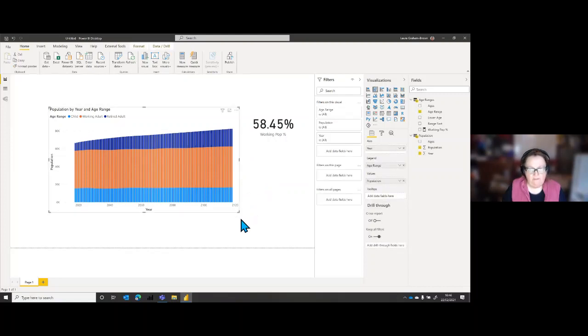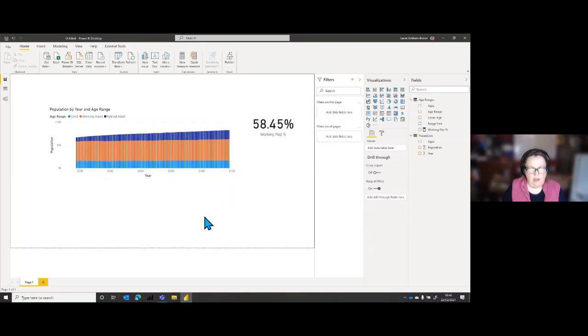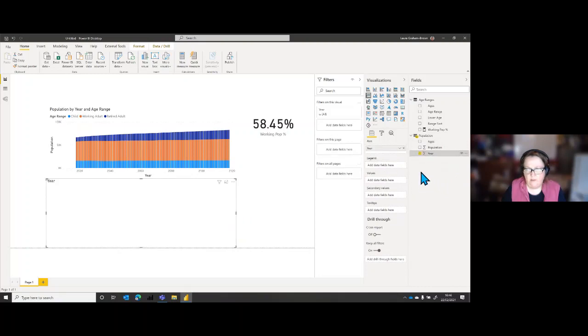So let's take that chart and make it a bit smaller for a second, and let's bring in a line chart. I'm going to put the year along the axis, and bring in that working population percentage as my value.